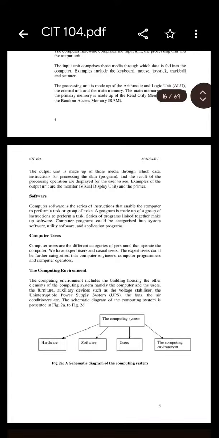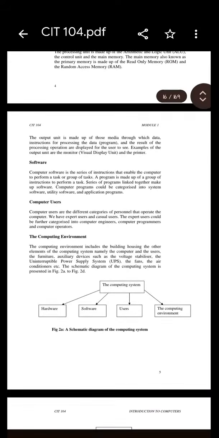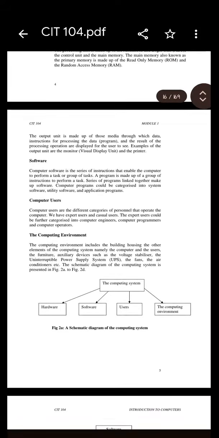Whereas utility software enables you to manage the system, protect it using, for example, antivirus, and manage space using zip and other things. So we move to